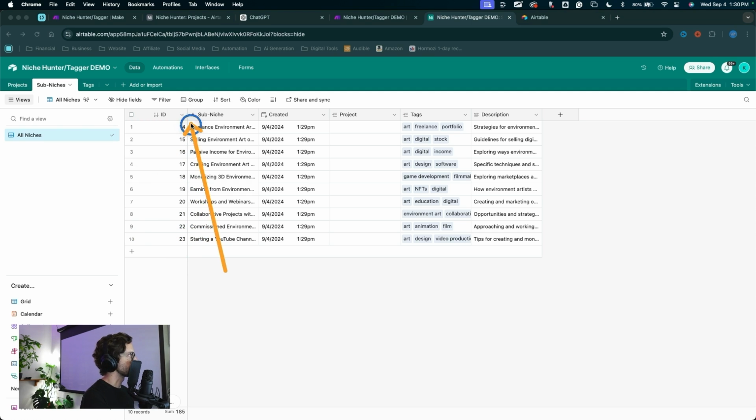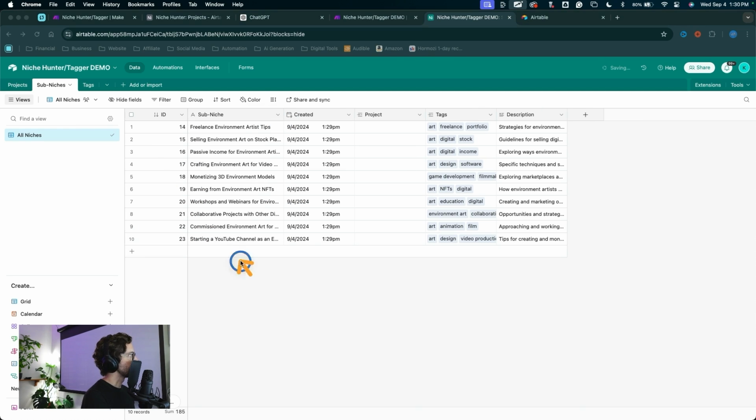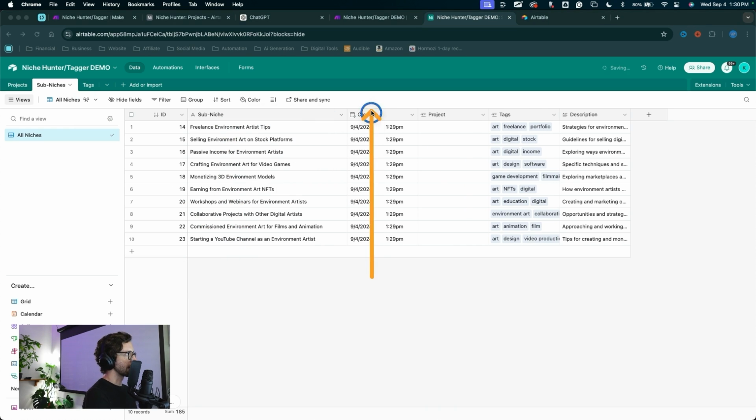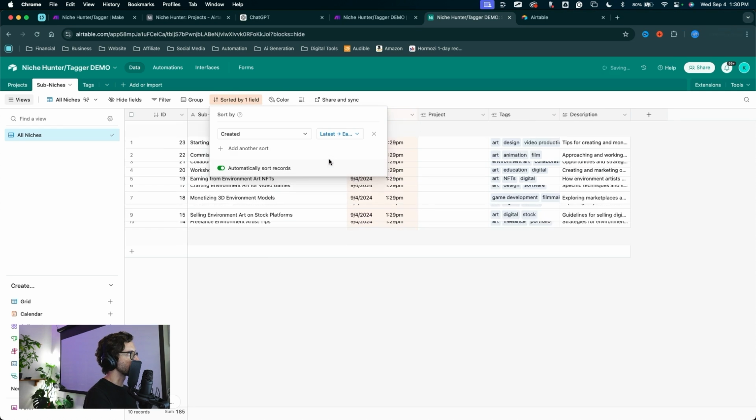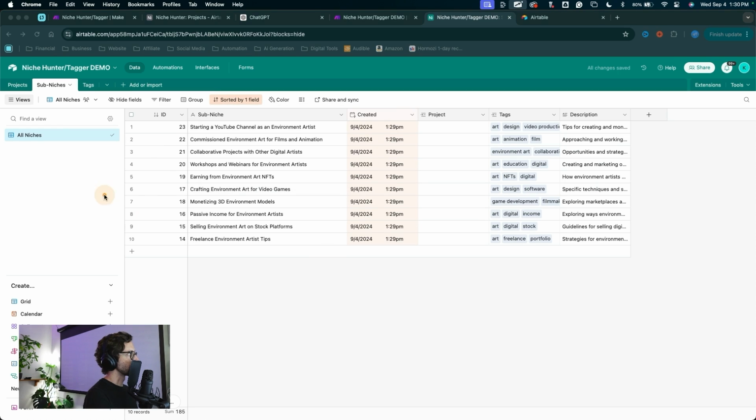So it will continue to create a unique record ID the more records you have in here. All right, so we're in the sub niches table. We've got our sub niche generated. We can organize this by date and time. So let's come up here, click sort, click created, and latest to earliest. So all of your most recent generations will be on top, and all your previous generations will be listed out